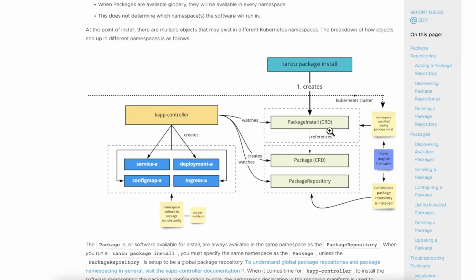It is watching for this package install CRD, and accordingly, it is going to create the package CRD. And eventually, this kapp-controller is going to deploy these Kubernetes resources, which is instructed by the package. So for example, the namespace and other manifests, for example, service, deployment, config, etc., will be created by kapp-controller. All right. So this is a very straightforward flow that happens.